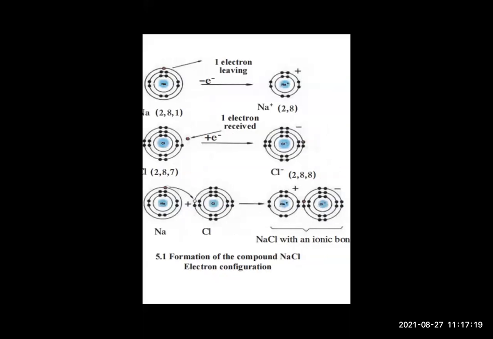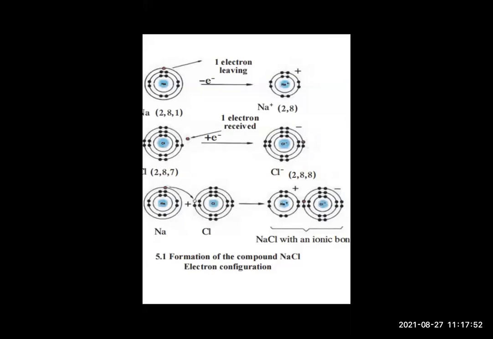Now here you can see the outermost shell of both sodium and chlorine was not a complete octet previously. The outer shell of both sodium and chlorine has now become complete, because sodium has given 1 electron and chlorine has accepted 1 electron. So they both became stable. Sodium has 8 electrons in the outermost orbit and chlorine also has 8. Very good, Purva, it is an octet. What do we call it? Octet.